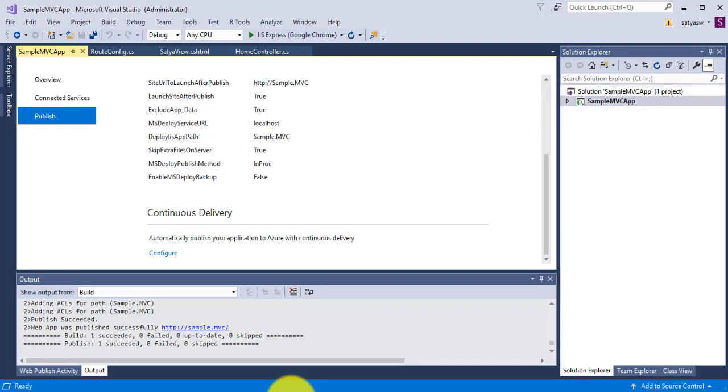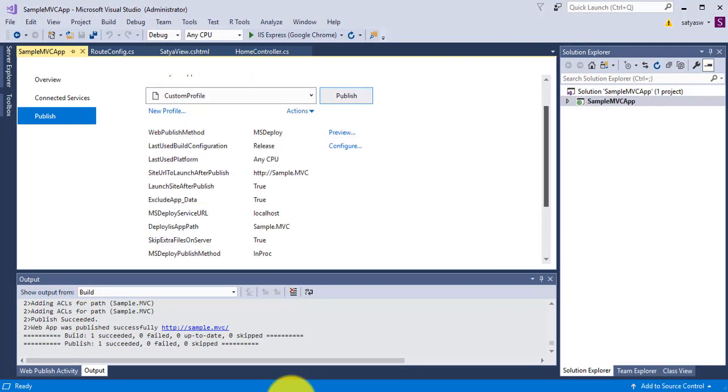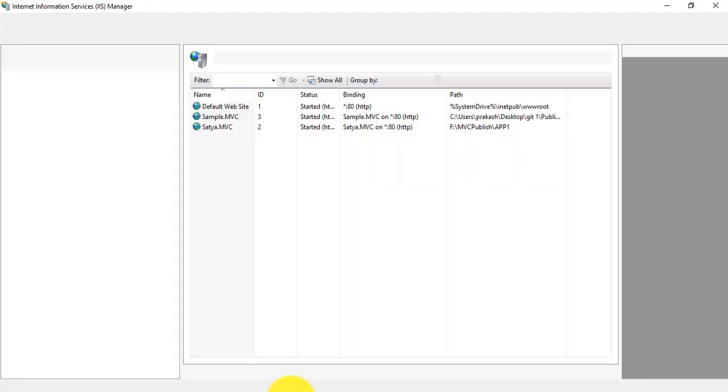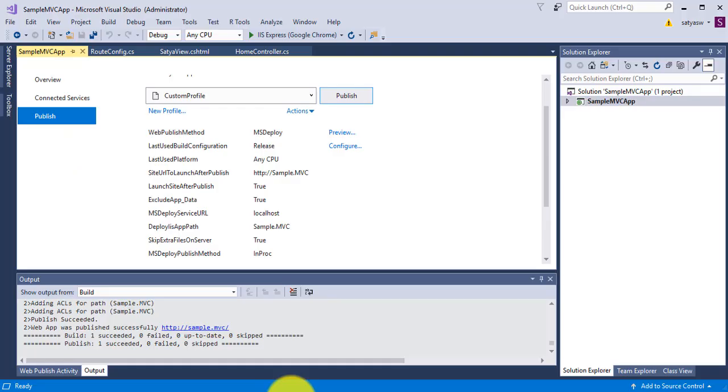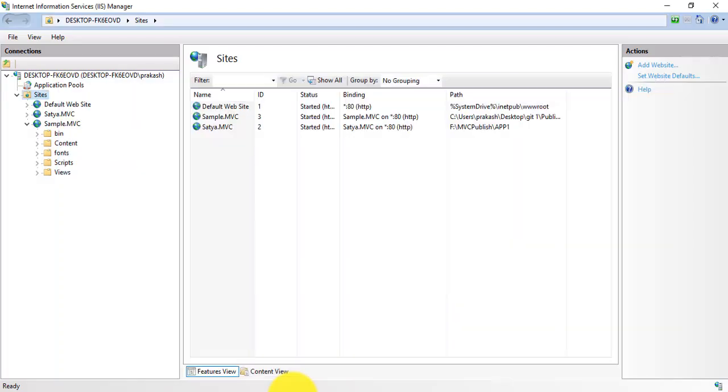And another thing is, while we configure our publish setup, the sample.mvc name given during setup of FTP IIS should be the same as this site name, sample.mvc. Otherwise, after publish, the published version folders and files will not map to the IIS site name